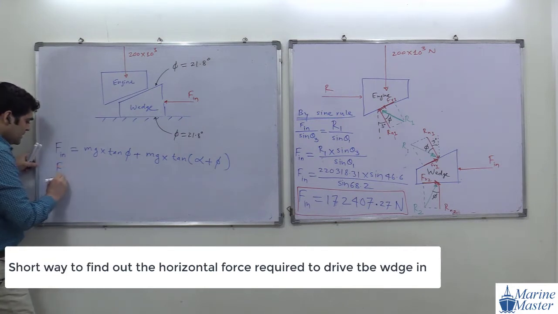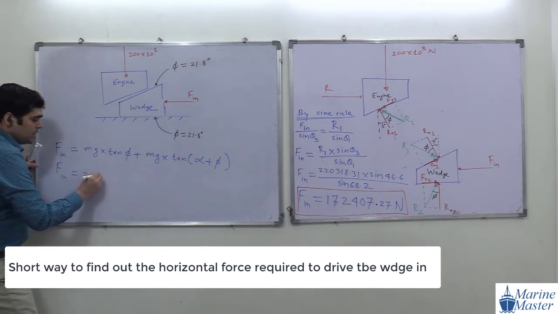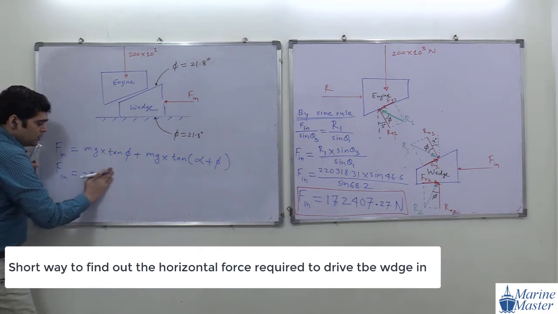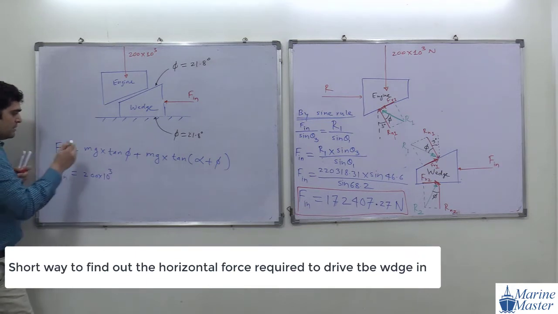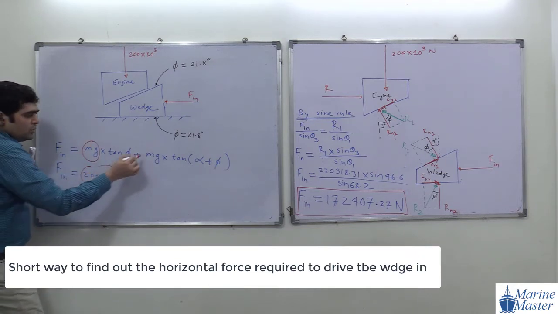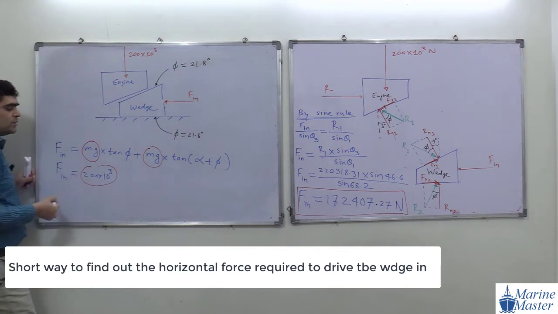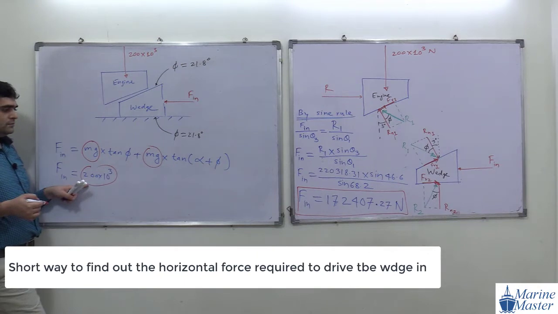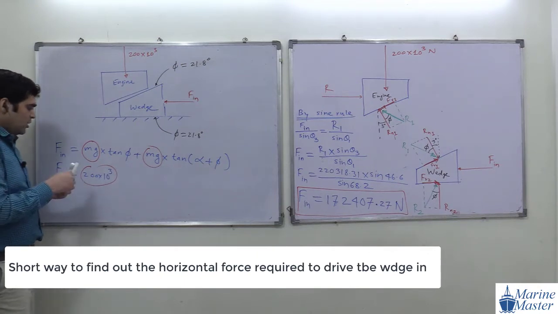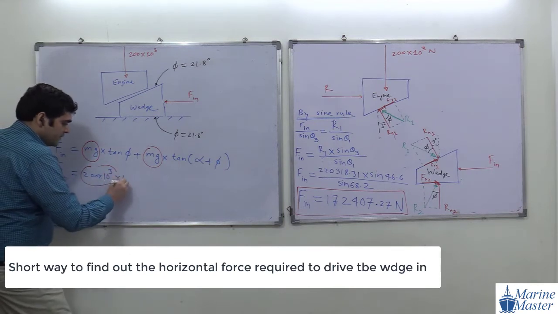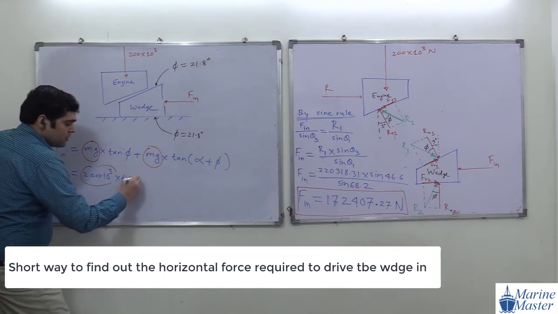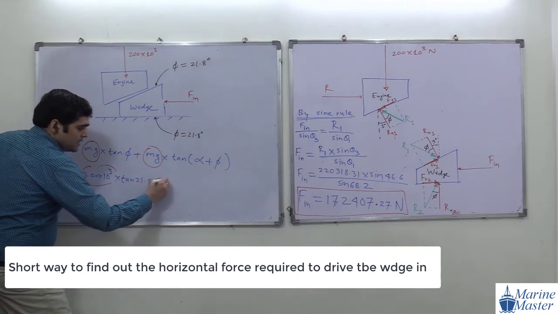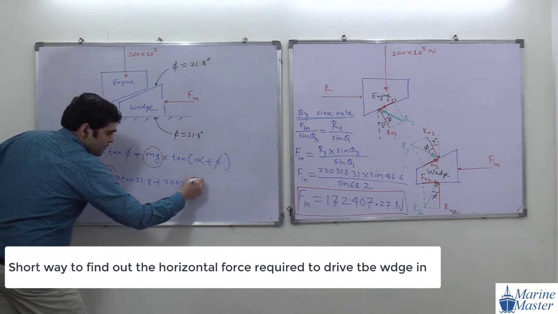So, see the point here. mg will be 200 into 10 raised to the power 3. Any doubt in this one? Means total load. Here mg is the total load, 200 into 10 raised to the power 3. Any doubt in this discussion, guys? See, earlier scenario. Good. Into tan of what, guys? Tan of phi, how much? 21.8, plus 200 into 10 raised to the power 3.